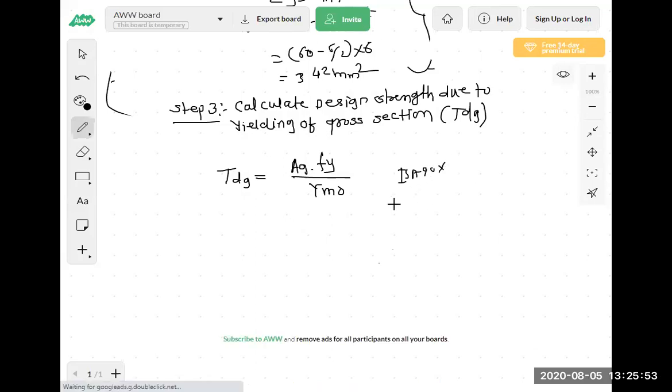So you have to go to the steel table. Then you will understand how to select the section, what they have given in the steel table. So please do not copy whatever I am writing here. You go to the steel table. I will wait for you while you are finding the gross area of the particular section.